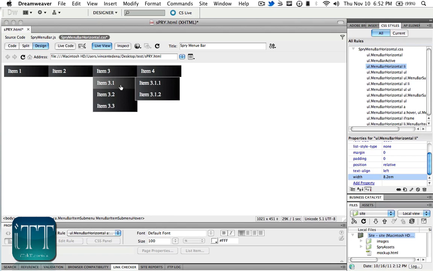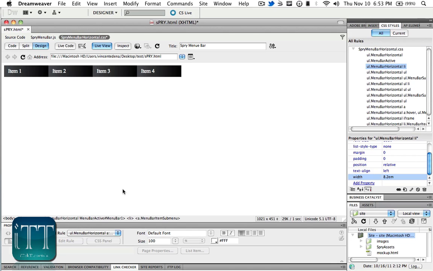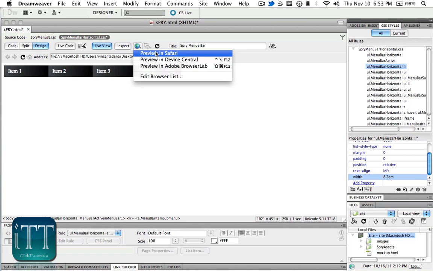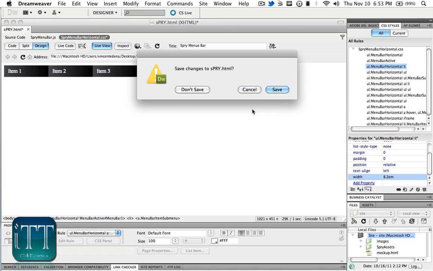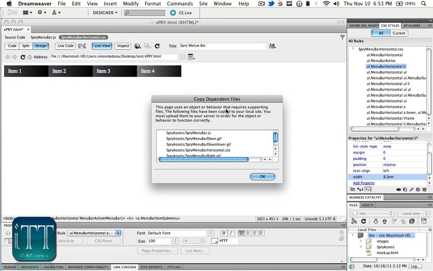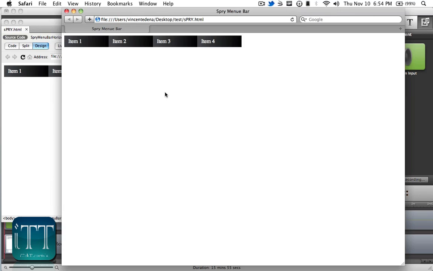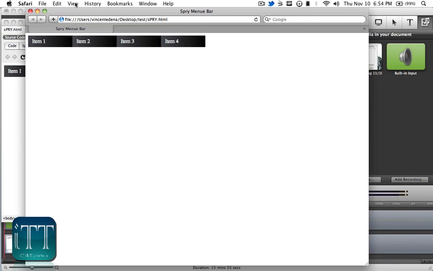So in every selection, and actually I forgot to show you guys how it's gonna look on the browser itself. So of course, very simply, just go ahead and preview it in your browser, and to do so, just save. It's gonna show you this pop-up window, and just go ahead and click OK. It's basically telling you it's gonna put a folder into your directory, which is fine. That folder is gonna be everything that is needed to control this Spry menu bar. So click OK, and once you do that, here you have your browser, and